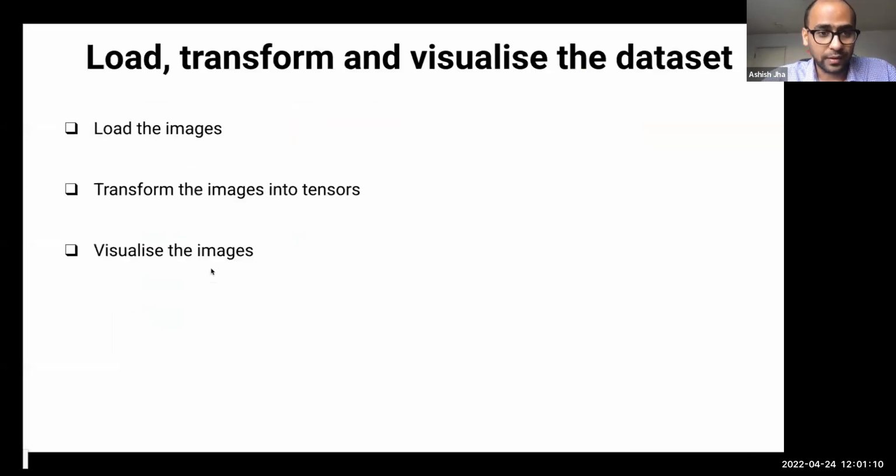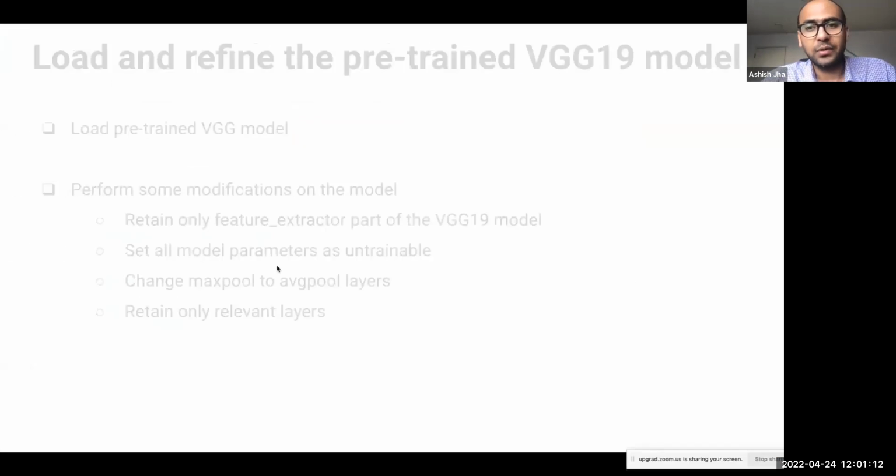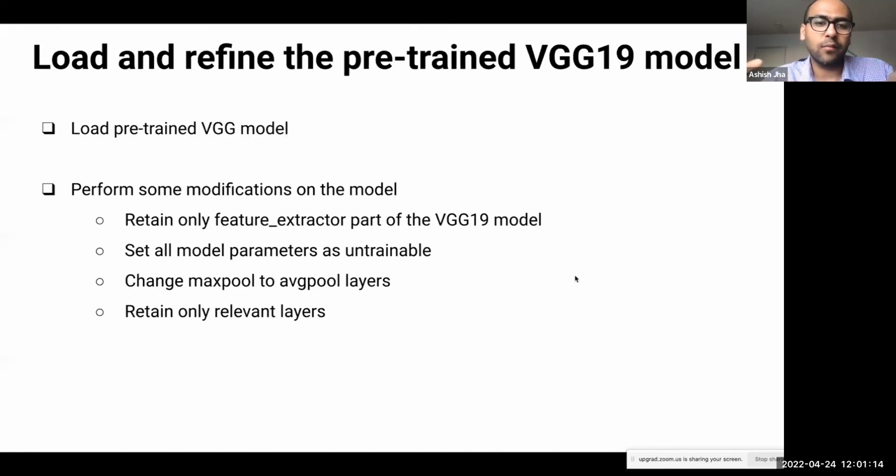That's step number one. Step number two is, when I showed you that model as an example, you might be thinking, you will not change the model parameters, so how will you train the model? So guess what, I'm not going to train the model. I'm once again going to use a pre-trained model for a different task.